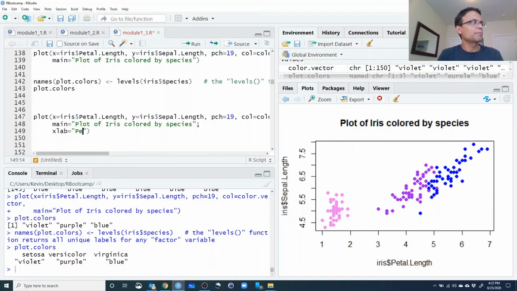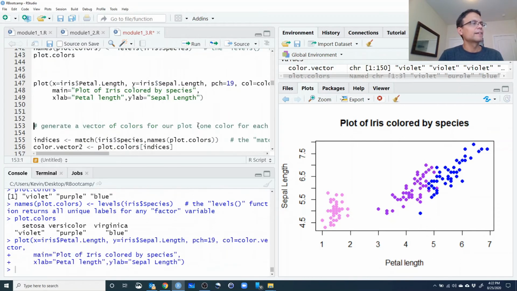We can just call it petal length, and I'm not going to put units on yet, but you could, and I'll put a y-axis label, and that's going to be sepal length. So if we run that, it looks better, but we still don't have that legend, and we can add a